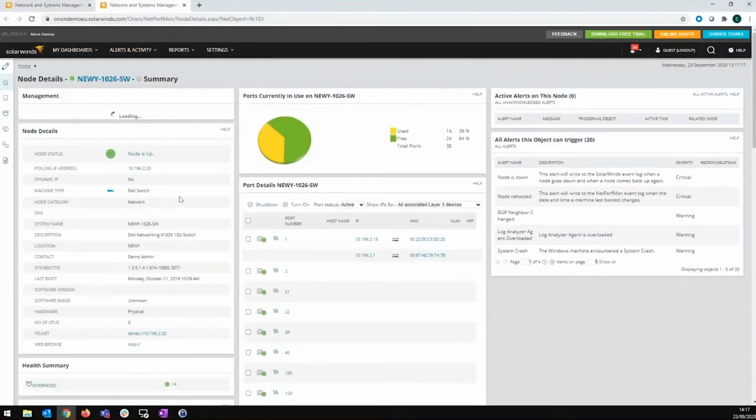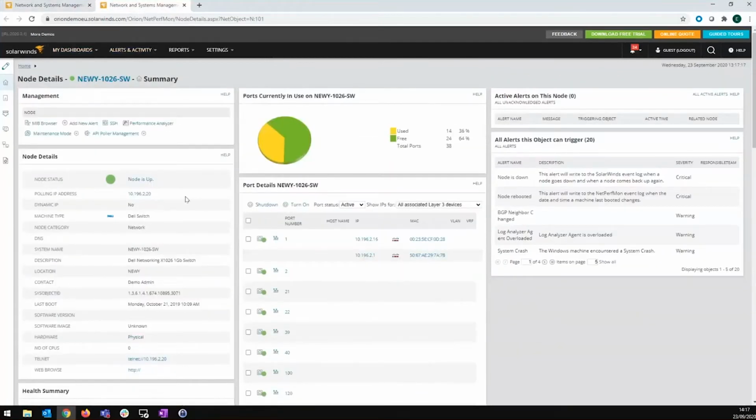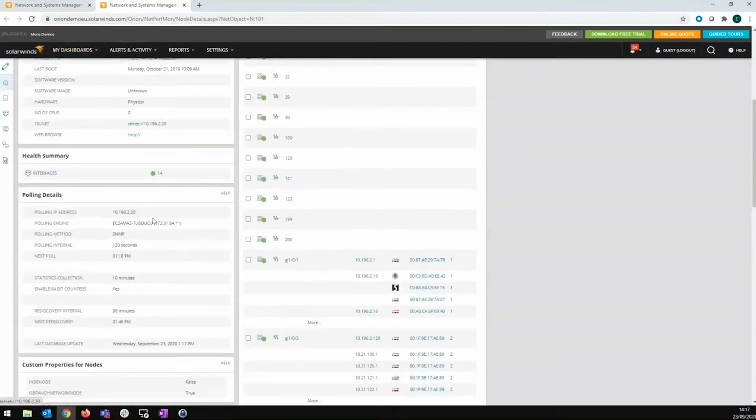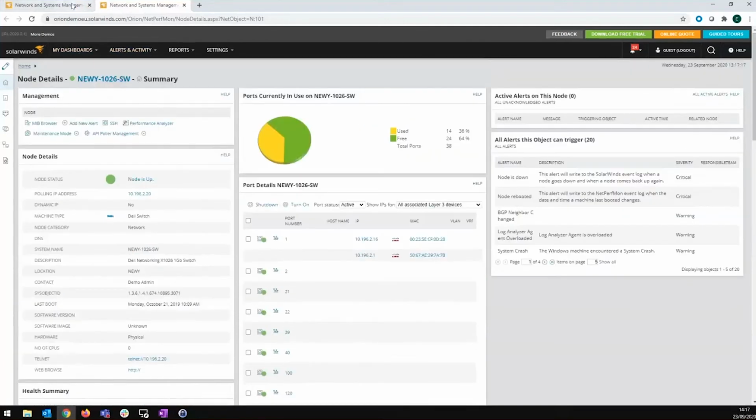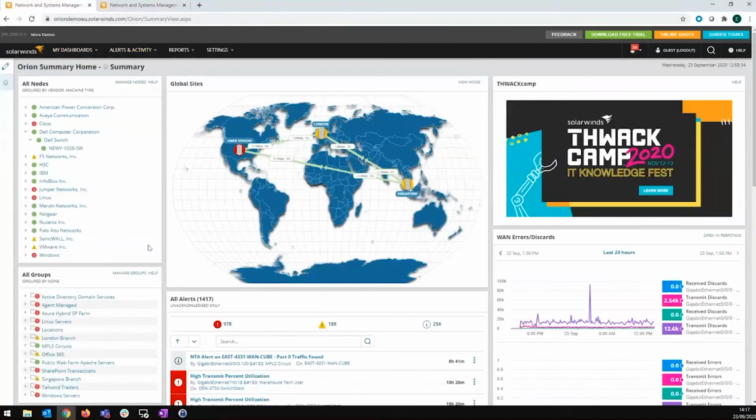here's what we can collect from HP switches. Well, in this case, as I mentioned, it's a Dell switch, but we have similar information available for HP. We use, as John mentioned, industry standard protocols to collect information about availability and performance of network devices and show the device status and all other collected metrics on the web console of our monitoring products.